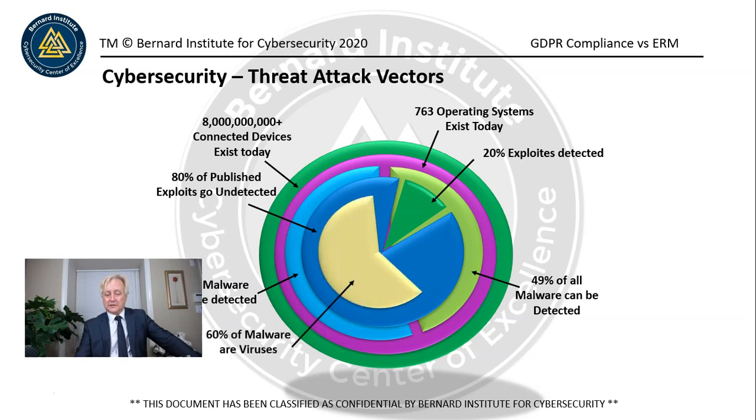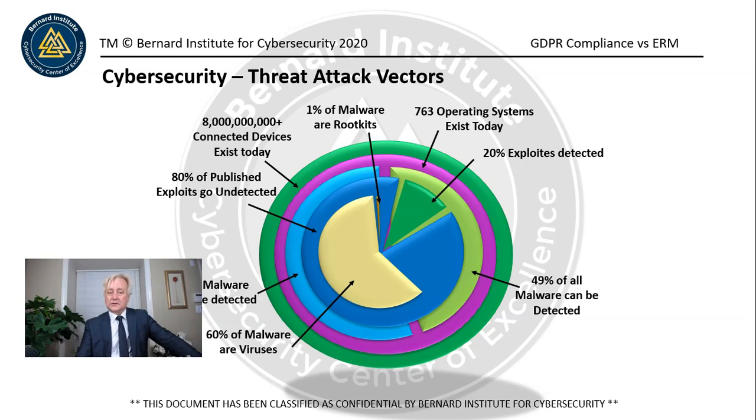60% of malware are viruses. Okay. So what that means is that the things that the antivirus can detect are known. So if you go to the Common Vulnerability Database, you can see that there's a list of items there. A lot of those things can be detected. There's also other ways of detecting anomalies, if you like, within the environment. But 60% can be detected. And this kind of goes along with the whole notion that a lot of exploits are undetected. Well, the reason why is because they're using different vulnerabilities within systems that might be unpublished, like 0 days, and accessing environments.